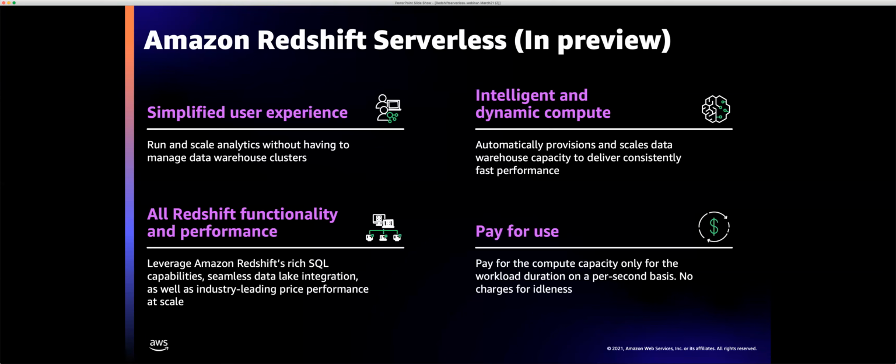So a lot of work has gone into the compute side of things. I mean, really, that's what serverless is. It's a compute platform that can scale automatically to serve your workloads. And finally, you only pay for serverless when you're using it. So basically, the pricing model for serverless is you are paying for compute capacity, and it's at a second granularity. And if a compute is not running any user workload, you don't get charged for it.